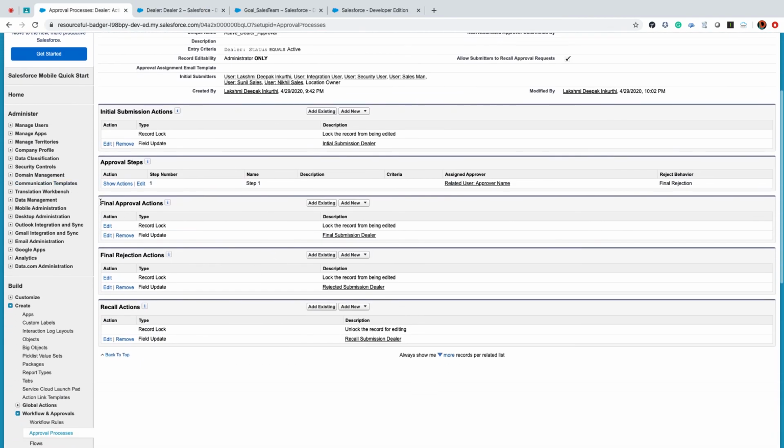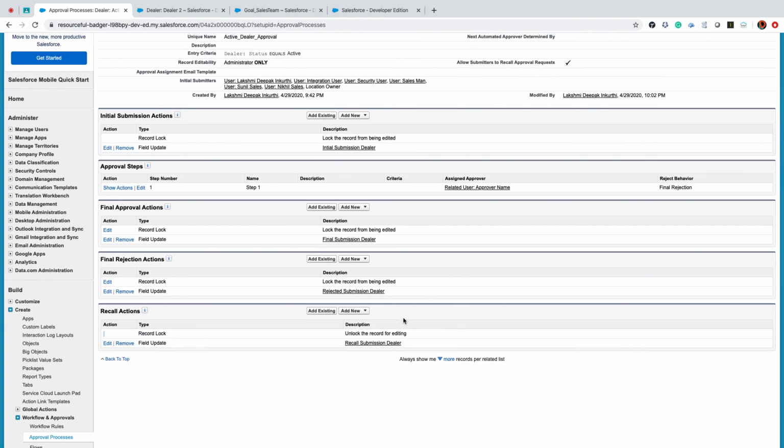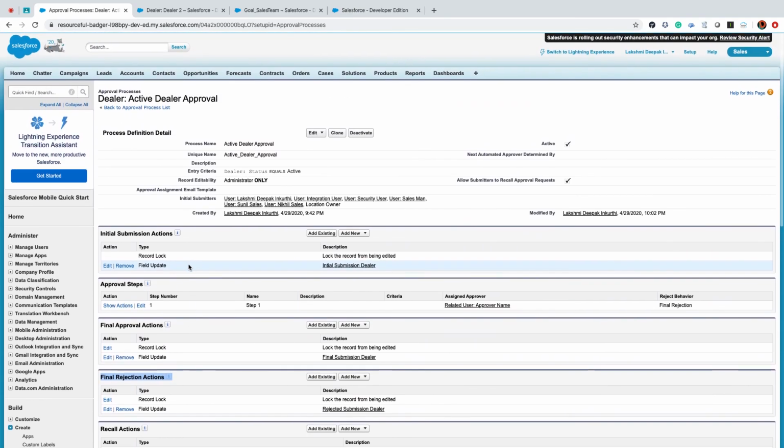That is what I am saying. On final approval, once the record is approved successfully, do you want to unlock the record, or do you want it to be locked always? The same thing goes for the final rejection action. When the final rejection action is done, I mean rejected, then you need to decide. But there is no option for initial submission. As soon as the record is submitted, it will be locked for editing. After initial submission, there is no edit button here; you can't modify anything. In the same way, as soon as you recall, the record will get unlocked. There are only two places where you can make this choice: the final approval action or the final reject action. Clear? Yeah.